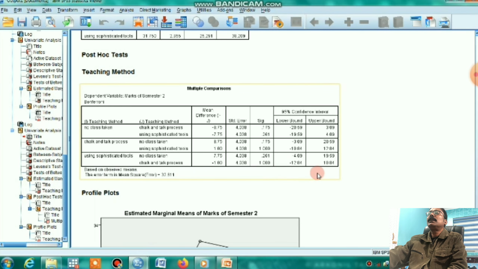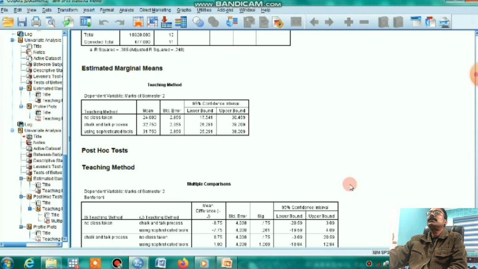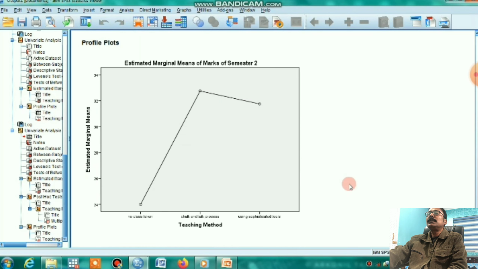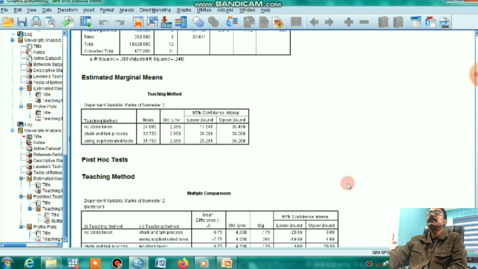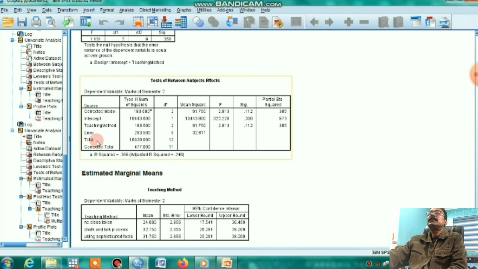What we are getting, the result is like this. Now there is no covariate. Look, teaching method is not significant. If we do not control the basic level of intelligence, this is a simple one-way ANOVA result.